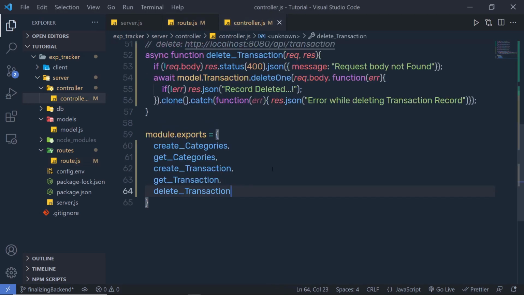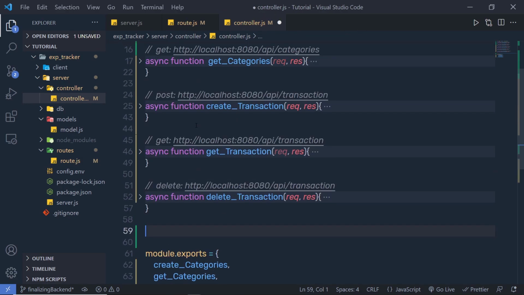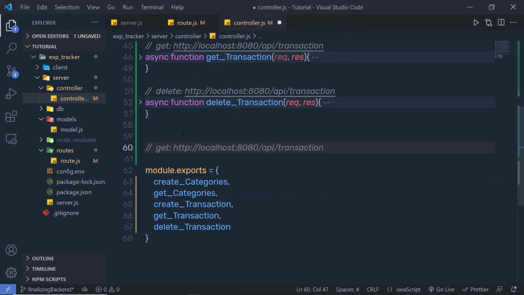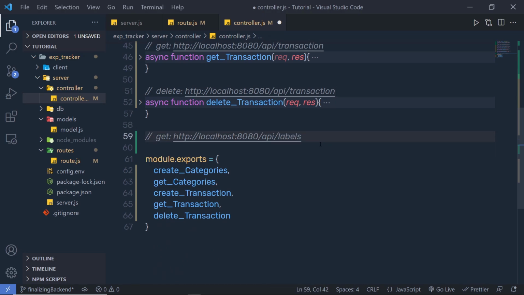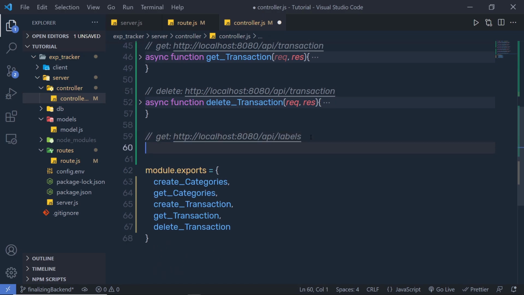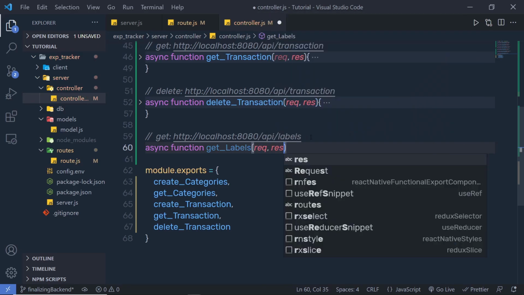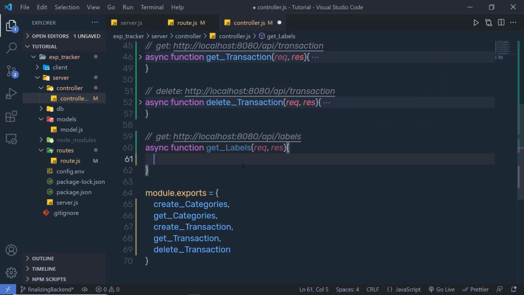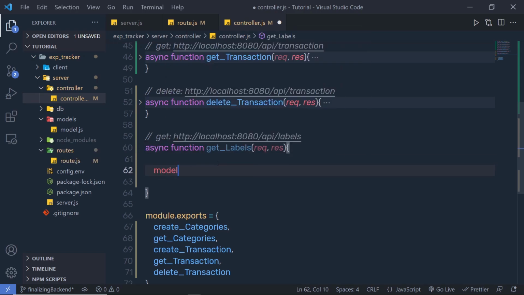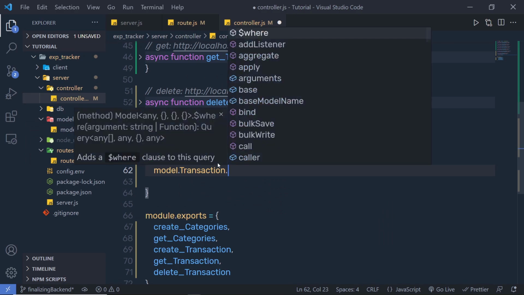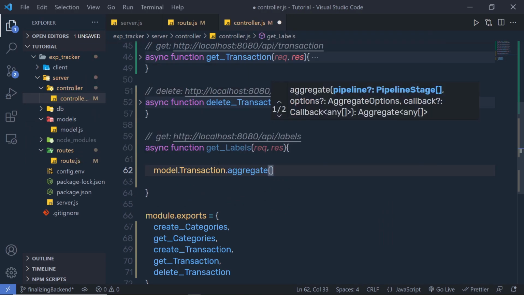So I'm going to go back to the controller. Right down here, I'm going to make a get request. Let me copy this, paste that here, and I'm going to make a get request on the labels endpoint. So I'm going to say labels, and then I'm going to say here async function getLabels, and make sure you pass request and response parameters like this. I want to look up the color property of the categories module. So I'm using here Mongo's aggregate function. Right down here, I'm going to say model.Transaction.aggregate,